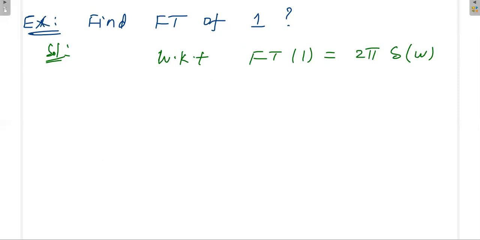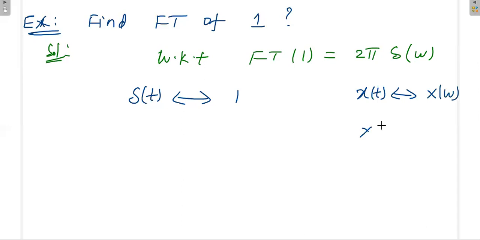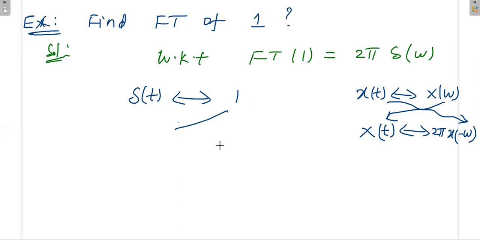In general, the Fourier transform of del t is 1. So del t is the time domain, and the corresponding frequency domain value is 1. Now what is our formula? If you have x of t, then you can go to x of omega, and then capital X of t is equal to 2 pi small x of minus omega. Now I'm going to apply this principle. If you bring that 1 to this side, there is no variable. If a variable is there, we have to replace omega with t. Again there is no variable, so I can just bring this here. But when del t goes here, I have to apply this concept.